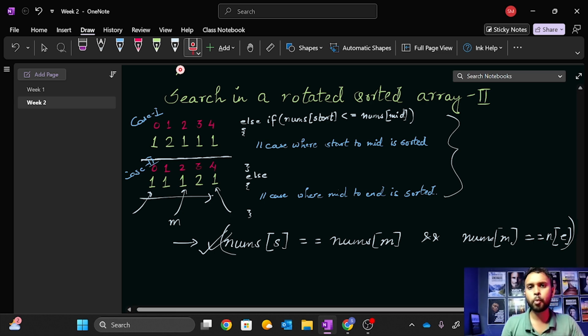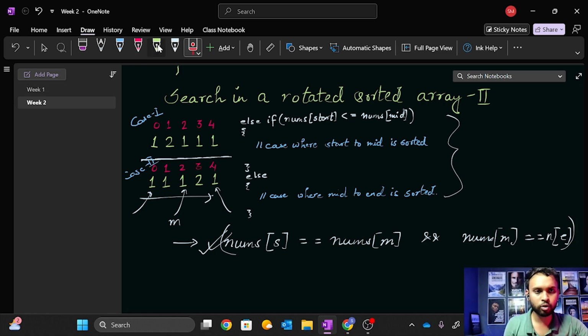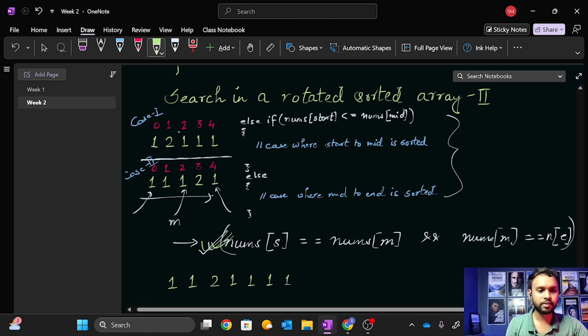Now again, there is a possibility that we find the same similarity, and this case hits again. For example, if the array is something like 1 1 2, your start will be over here, your end will be over here, and your mid will come over here, and after that this case arises again. Now if you move your start to here and your end to here, then also the same case arises. So until the start and end are both pointing to different elements other than the mid,